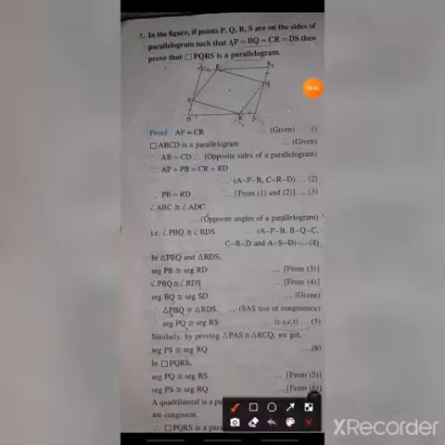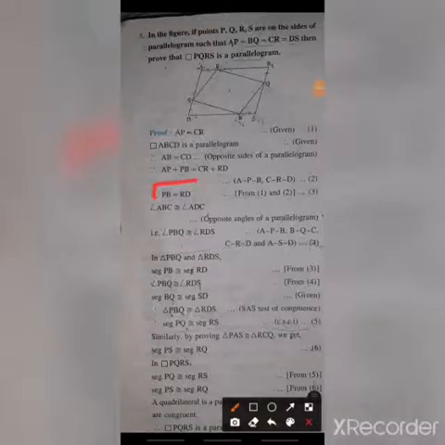AP plus AB and CR plus RD. Okay, this one is the middle side. We have to divide this one. These two lines we have to divide. Then